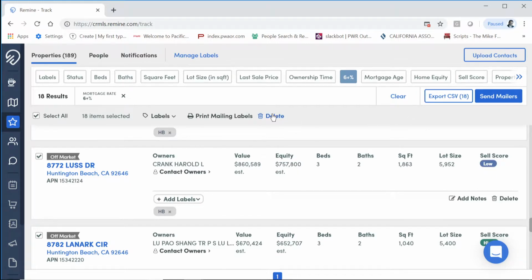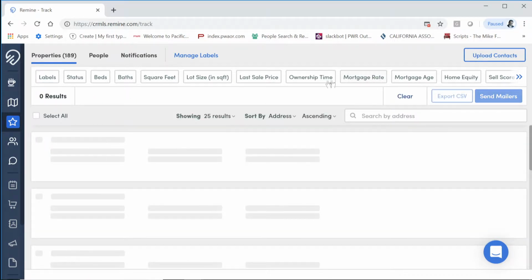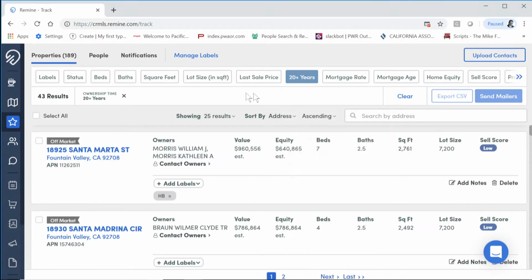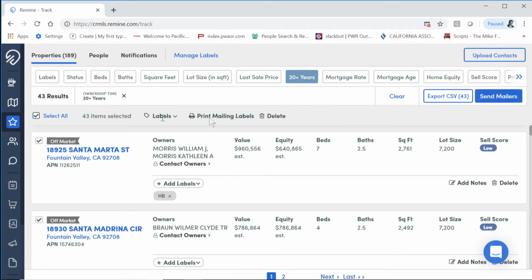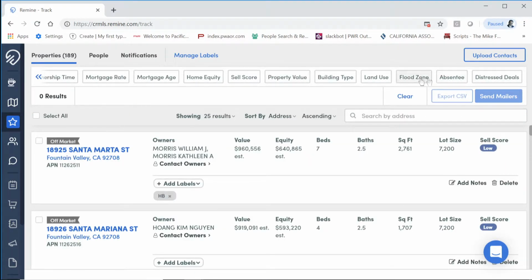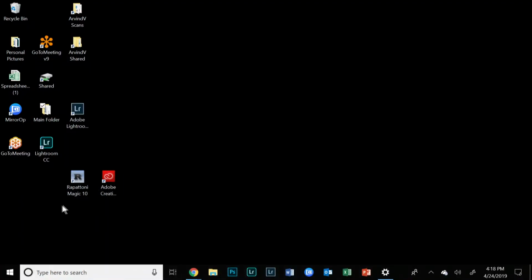So right now, after you've downloaded it, it already shows you 6%. If you want to clear that, you can also do now ownership time of 20 years. There's 43 of them. You can download that as well by selecting it and export it. So you can filter as you wish. There's a lot of different things that you can do here. Home equities, flood zone, absentee ownership. You don't have absentee ownership, but I can guarantee you what happens is when you download this, let me show you how,